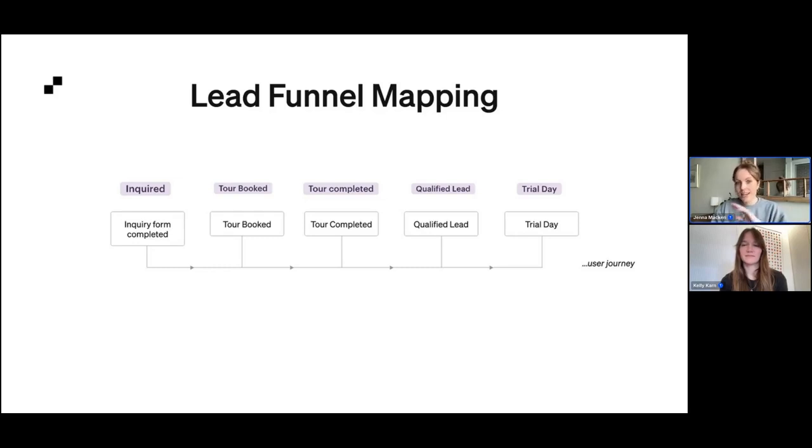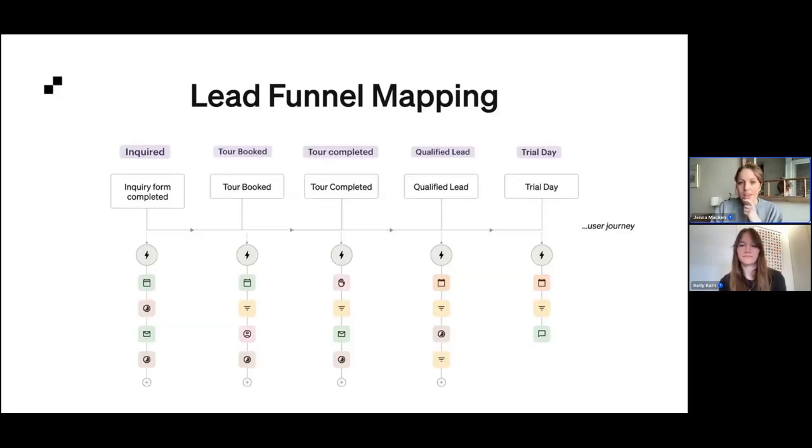Once the tour has been completed, that's the next stage of the journey here. Account type number 3, tour completed. And once they've completed that tour, you got to know them, you think they're great, you say, you're welcome to purchase any membership, and you're moving them into a qualified lead. From there, maybe you also have additional steps or opportunities, including a trial day. Knowing what all the different stages of your business are, you might even be doing this as you're listening, starting to think about what those steps are and all the account types that go with them. And you can see here, when you have that horizontal map of the entire lead journey or the funnel,